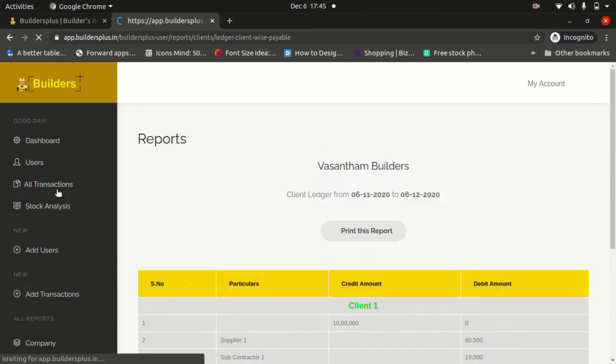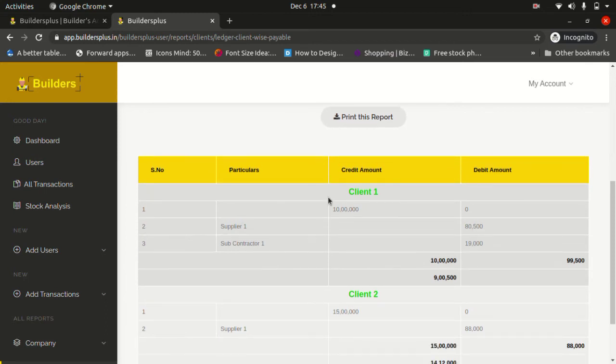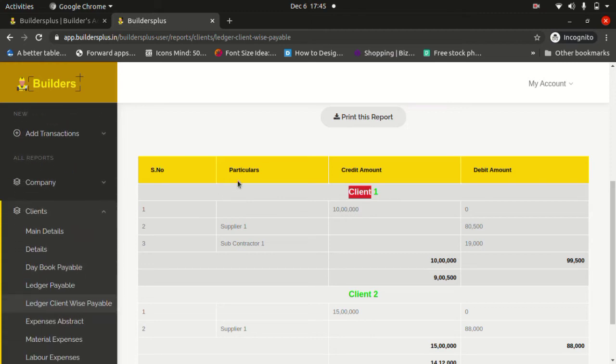ledger client-wise payable. So client-wise payable ledger amount, particulars for each client, how much ledger payable we made. Particulars: supplier 1, subcontractor 2. The supplier name will come over here, the subcontractor name will come over here.